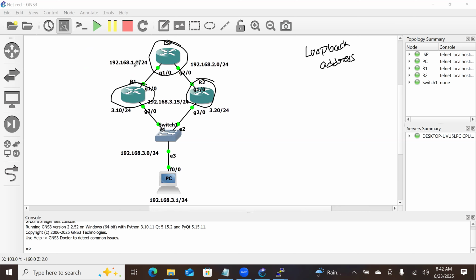So which routing have I done here? If the destination network is unknown, which routing will you do? Exactly, we'll do the default routing. So on both router 1 and router 2, I have done the default routing just to meet this ISP. And from this ISP to meet router 1 and router 2, I have done